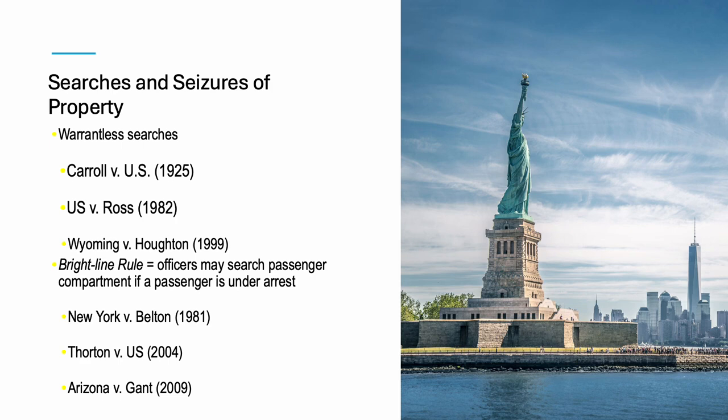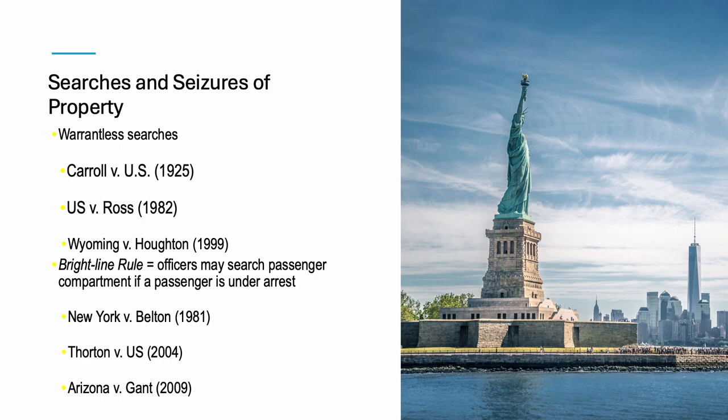Now, I am going to talk about warrantless searches real quick, and this is an example of Carroll versus U.S. This case was established really as the automobile exception to the Fourth Amendment, allowing law officers to search a vehicle without a warrant if they have probable cause to believe that it contains evidence of a crime. This really, again, talked about the inherent mobility of vehicles and reduced the expectations of privacy in vehicles compared to a home. So that set the standard for that.